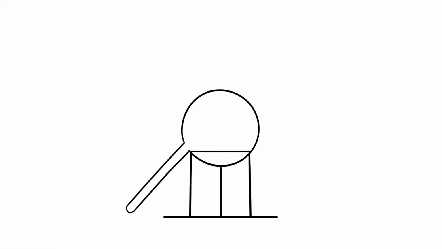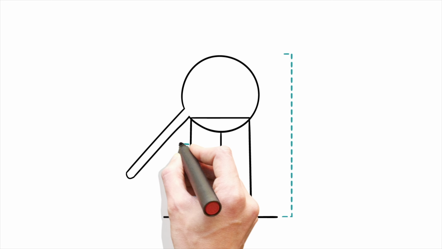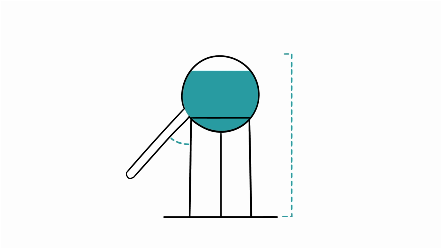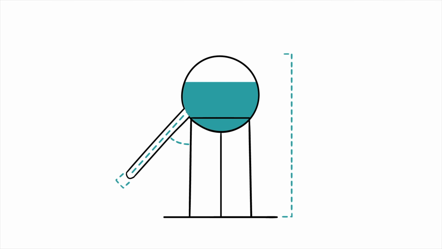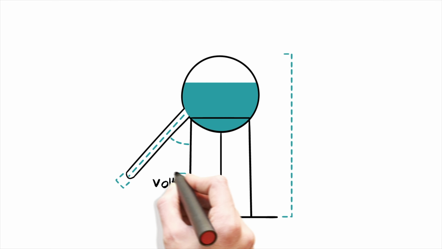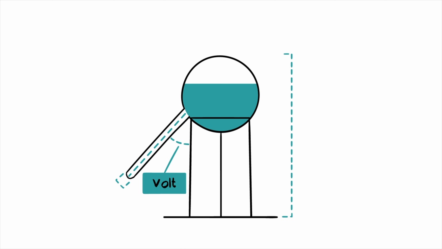The water flow in the slide is influenced by the height of the slide, the angle of the slope, the amount of water, and the slide's width. If all variables are constant and only the angle of the slope changes, the sharper the angle will be, the stronger the flow of water, and vice versa. We will indicate the angle of the slope as volt. The voltage of electrical flow behaves like the angle of the slope of the slide.